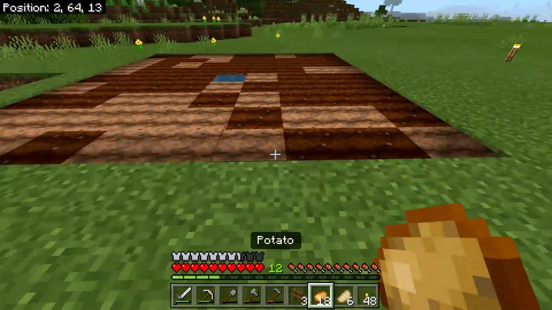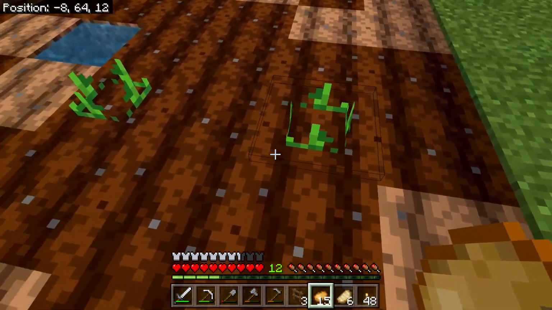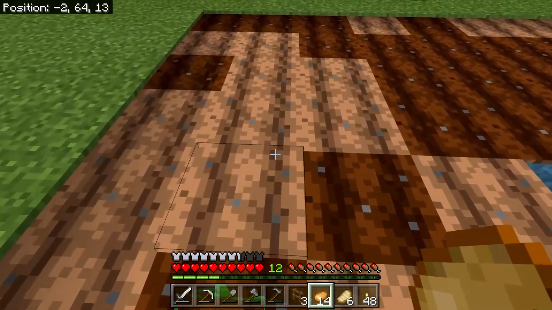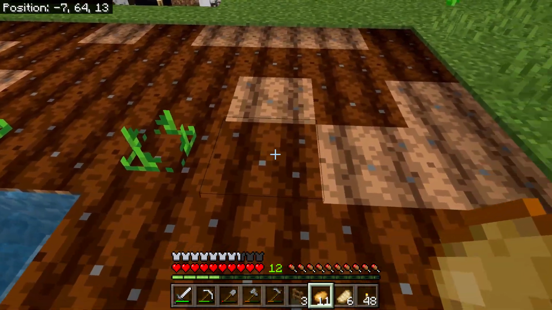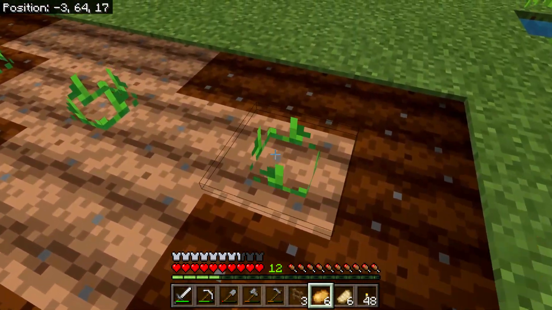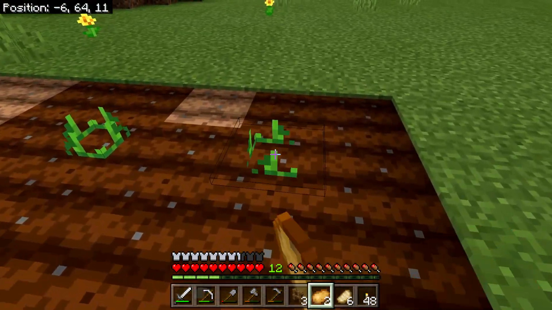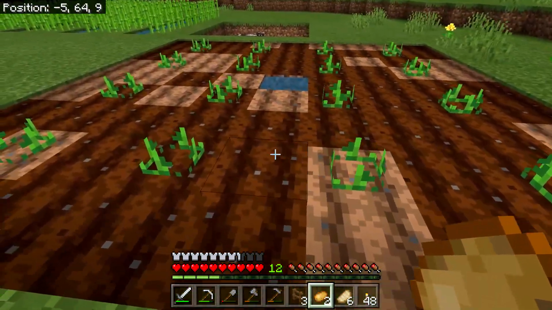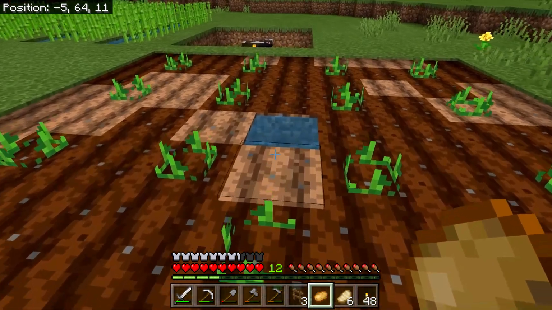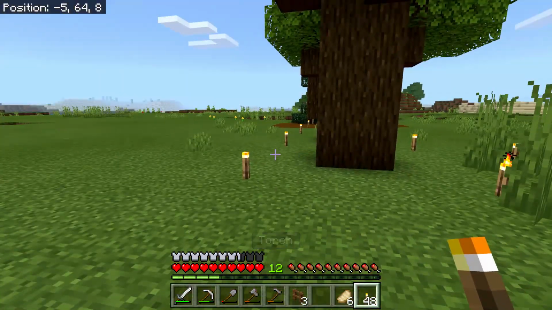We're going to plant our potatoes. We're going to space them out because we don't have very many, and they will grow faster if we space them out. But just like with the trees, right? Oh, look, I've got a couple extra. Okay, we'll put one here and one here. Now, like with the trees...